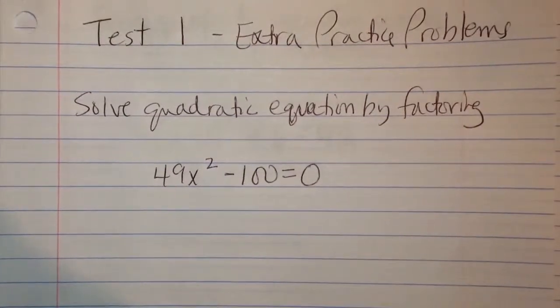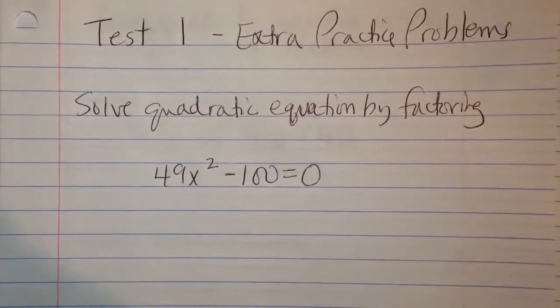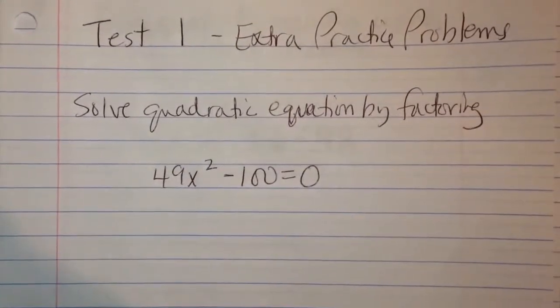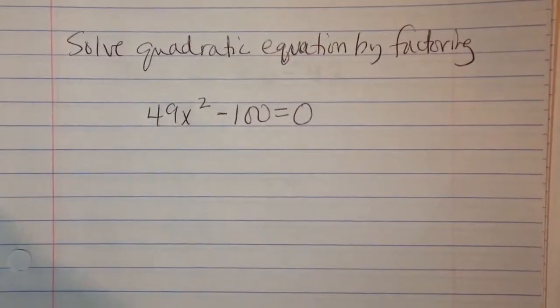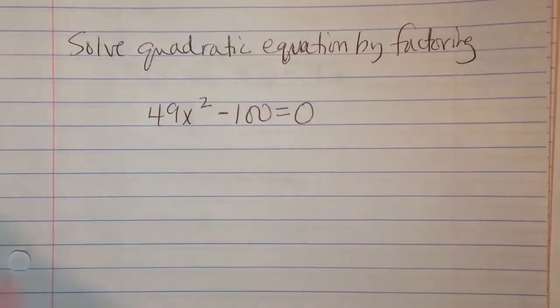I want to work a few extra problems that are going to be covered on test 1. Another problem with solving quadratic equations by factoring. Rule number 1 for solving quadratic equations by factoring is to get everything on one side set equal to 0,